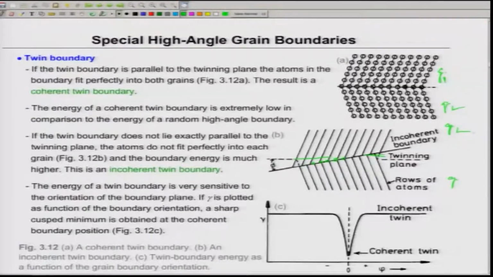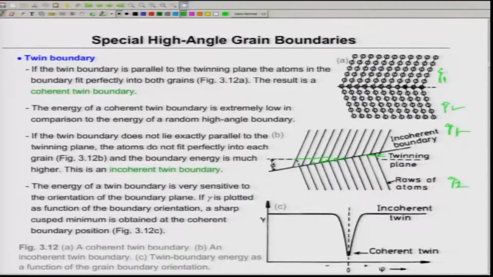So, what does that mean? That means the atoms sitting at these positions are not satisfied by the bonds with the atoms on grain 2, and this is known as an incoherent twin boundary, because atomic planes are not matching for all the planes. Rows of atoms on grain G1